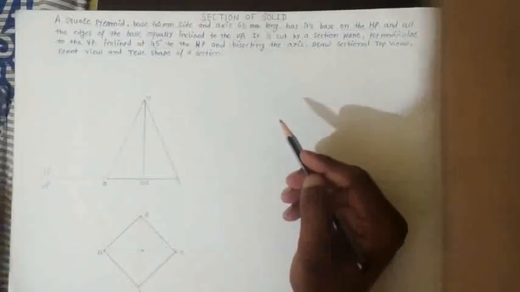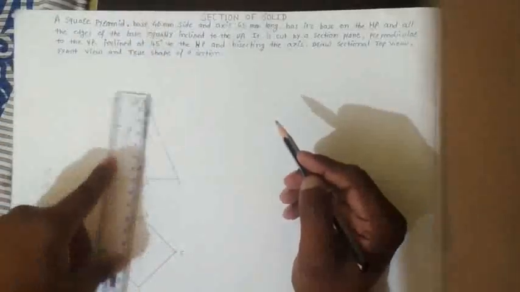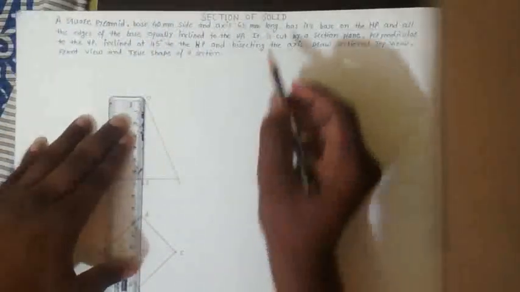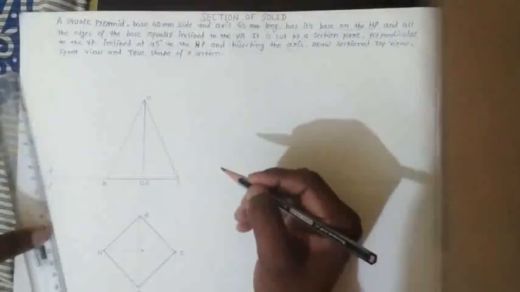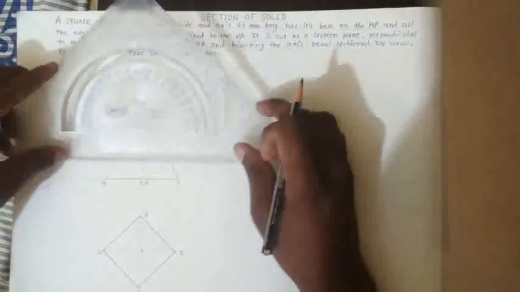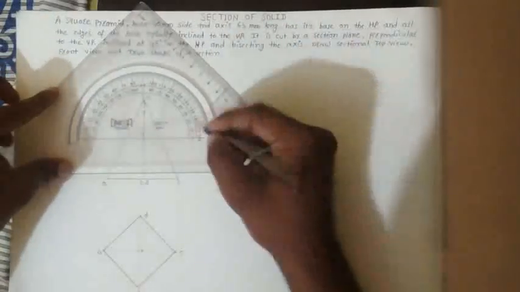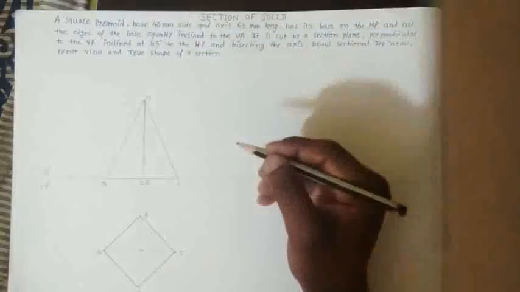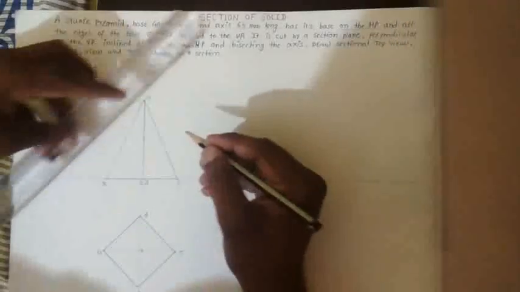That's why we divide this axis into two parts. Divide this 65 into two parts, we get this point. So mark this point and take 45 degree angle at this point. Draw a sectional cutting line which cuts